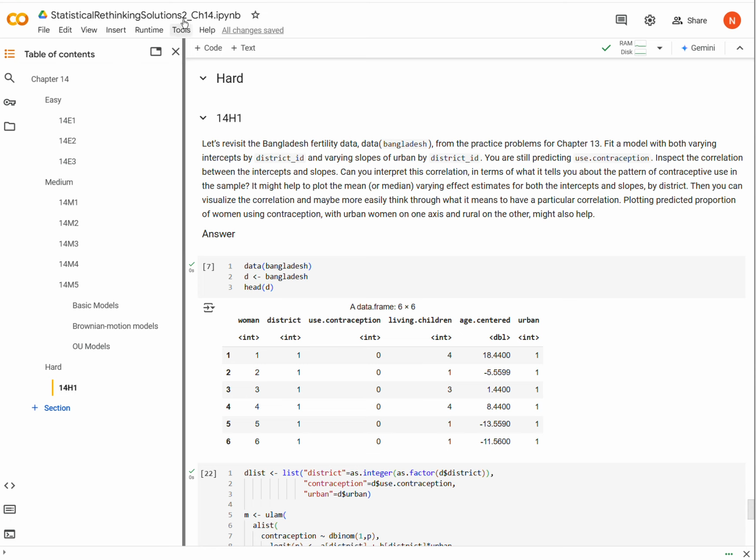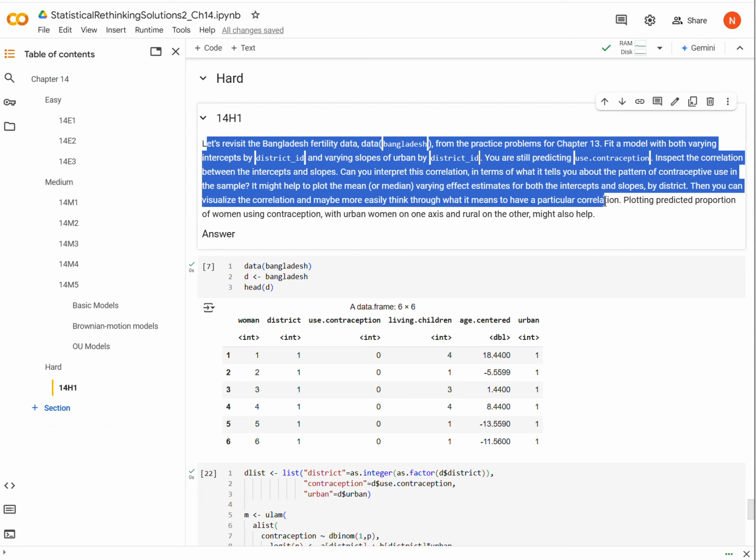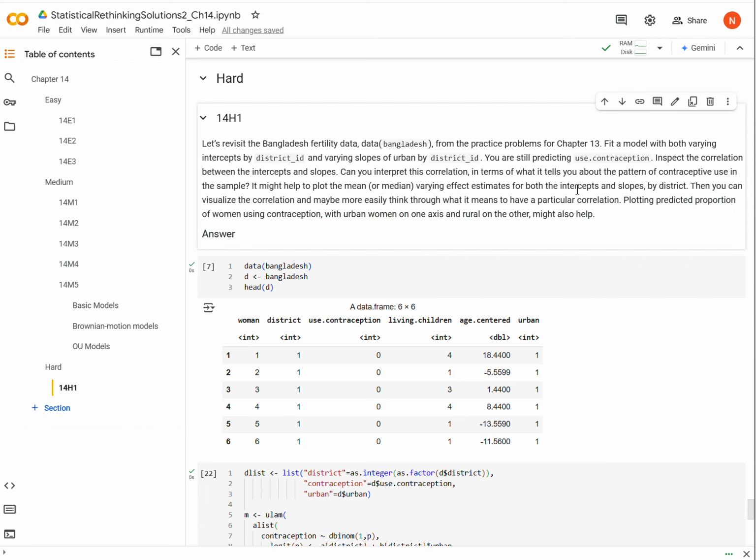So we are in Statistical Rethinking, second edition, chapter 14, and we're just starting the hard problems, question 14H1. So here's the question. We're going to go back to one of the practice problems from chapter 13. I don't remember exactly what number it is, but we're dealing with the Bangladesh data set. And there we were modeling, and here as well, we were trying to model contraception use as a function of